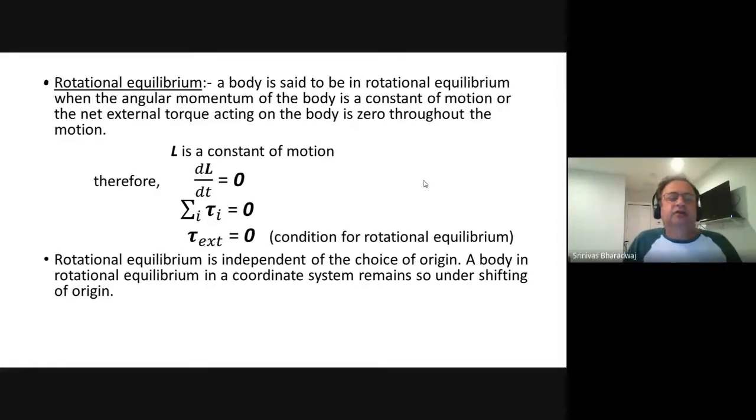Okay, so the translational equilibrium gave us net force is 0, rotational equilibrium is going to give us net torque is 0, and therefore dL by dt is 0 when something is in equilibrium. If something is spinning, of course, it's different. Okay, so now,